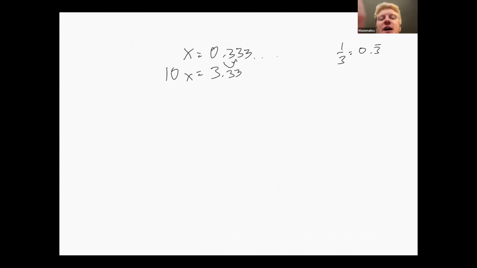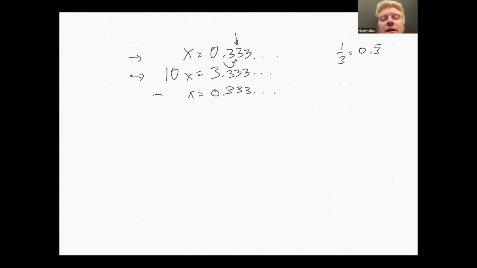So even though we only had 3 3's written right here, when we move the decimal place over 1, those 3's still extend infinitely. So we don't really need to worry about running out of 3's for this. So here's what we're going to do. We have that x is 0.333 repeating, and 10x is 3.333 repeating. And what we're going to do is subtract them. So we're going to subtract x, which equals 0.333 repeating,